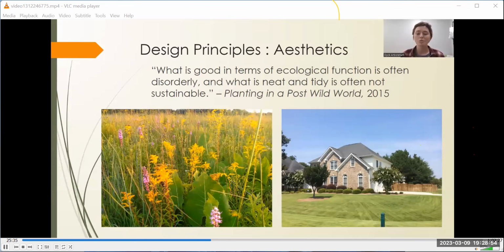So this is a great quote that I use in every presentation. I'm sure if you've watched a presentation from me, you've heard this quote 1,000 times, but I'll never stop because it's so good. What is good for the ecosystem often looks disorderly, but what is neat and tidy is unsustainable. And we see that in declining bird populations, declining insect populations, just declining ecosystem health in many of our